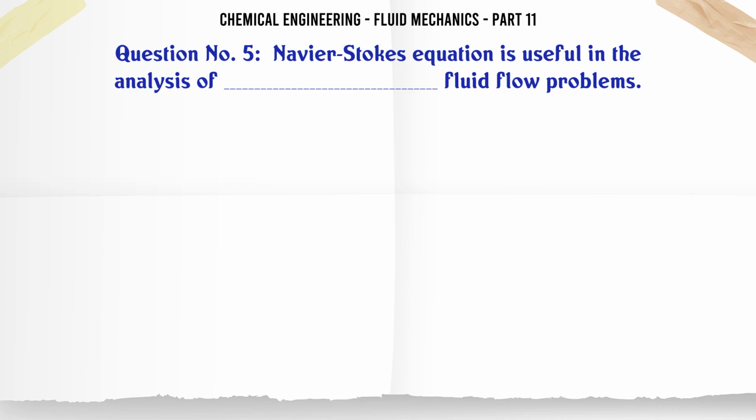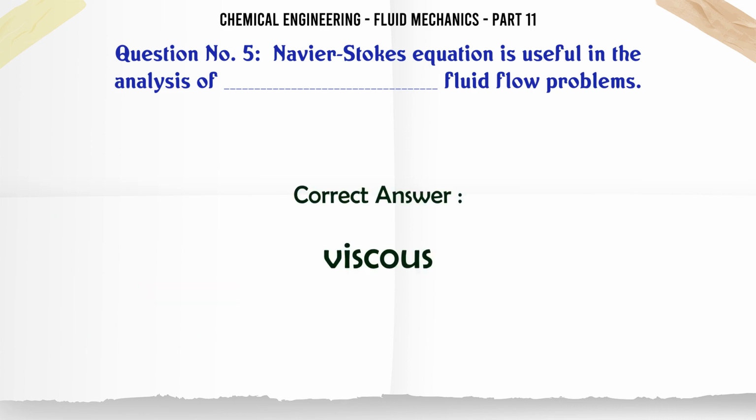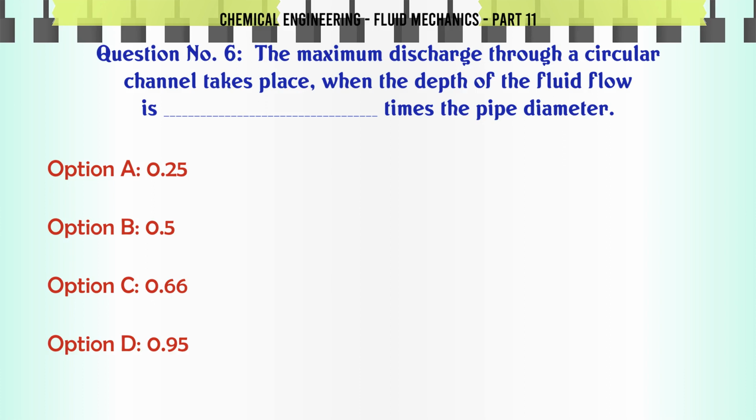Navier-Stokes equation is useful in the analysis of fluid flow problems: A. Non-viscous, B. Viscous, C. Turbulent, D. Rotational. The correct answer is viscous. The maximum discharge through a circular channel takes place when the depth of the fluid flow is times the pipe diameter: A. 0.25, B. 0.5, C. 0.66, D. 0.95. The correct answer is